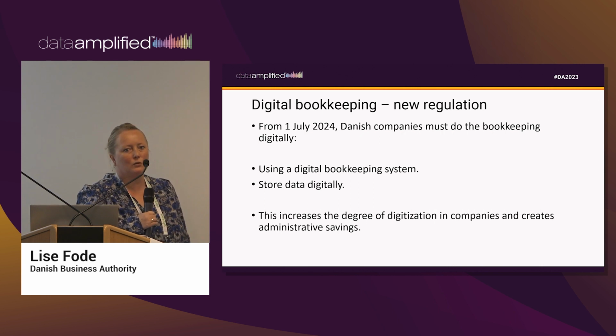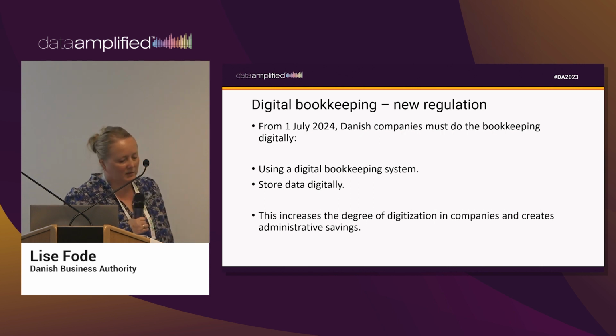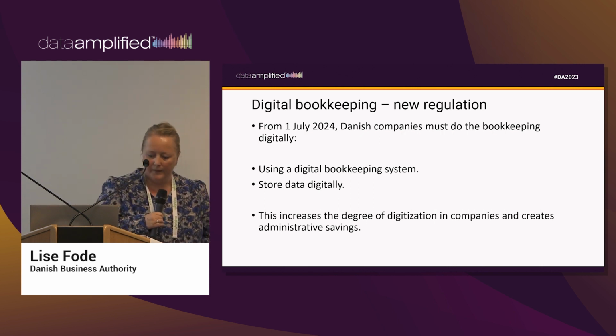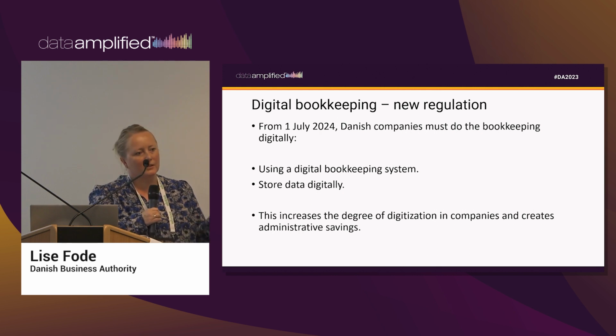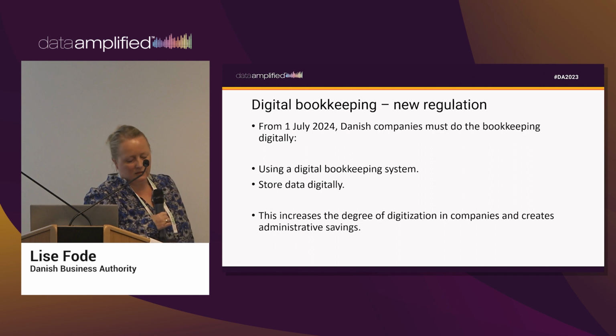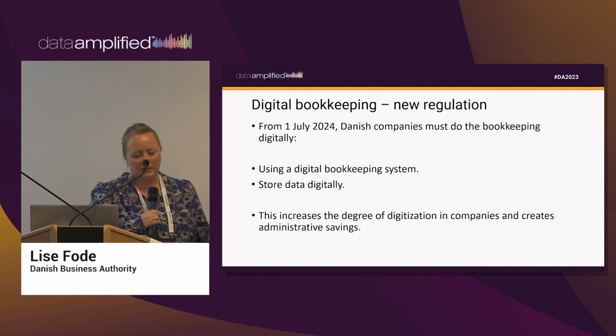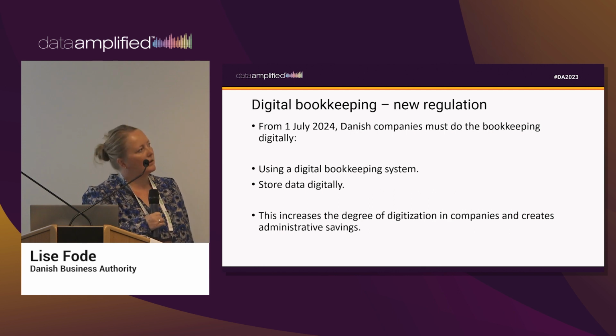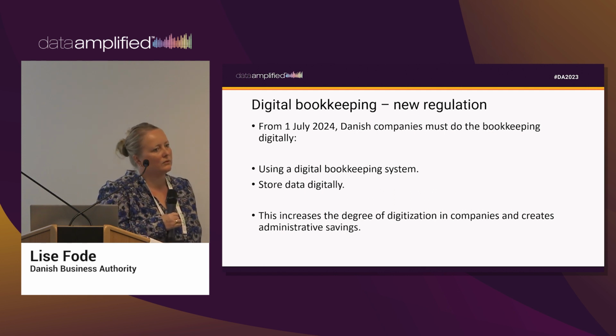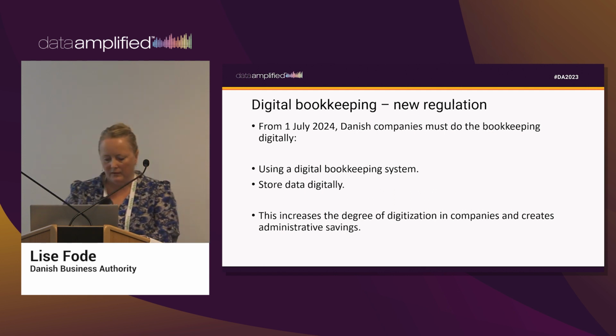They now have to use a digital bookkeeping system where the data are stored digitally. So the changes in this regulation are made to increase the degree of digitization in companies and thereby create administrative savings as well.